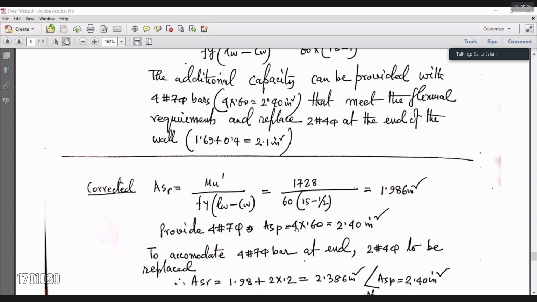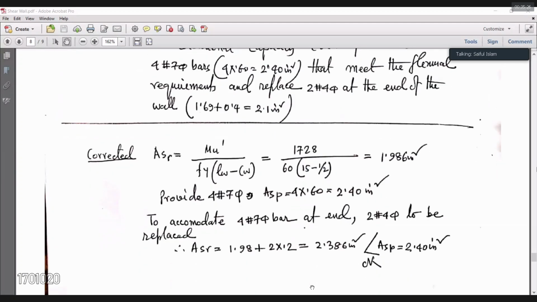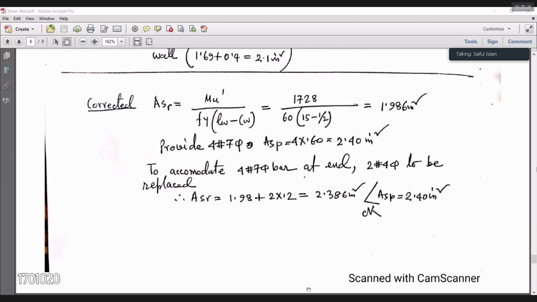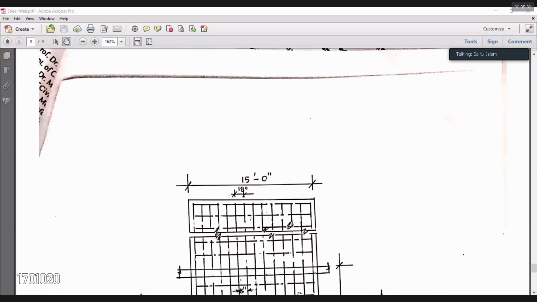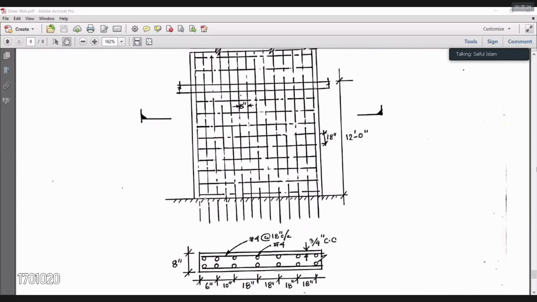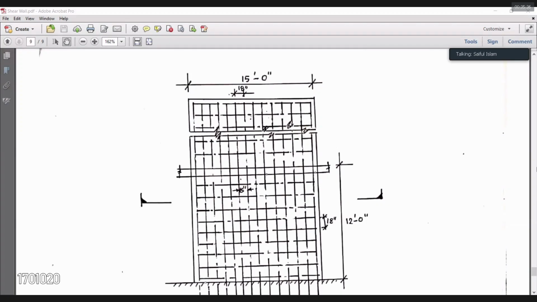স্কোয়ার। এই যে আমি যে স্টিলটা দিচ্ছি এর মধ্যে ওই যে দুটা বার রিপ্লেস করছি, ওটাও এর সাথে যোগ করলেও এর থেকে কম হয়। সুতরাং আমি যদি 4টা বার ওখানে দিতে পারি, দ্যাট উইল ফুলফিল অল দ্য রিকোয়ারমেন্ট। এবং ইট ইজ শোন ইন ফিগার। এখানে দেখো ওয়ালের ভার্টিক্যাল স্টিলগুলো শেয়ারে দেওয়া হয়েছে, হরিজন্টাল স্টিলগুলো দেওয়া হয়েছে, এবং অ্যাট